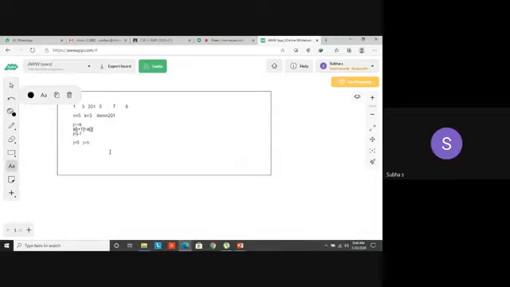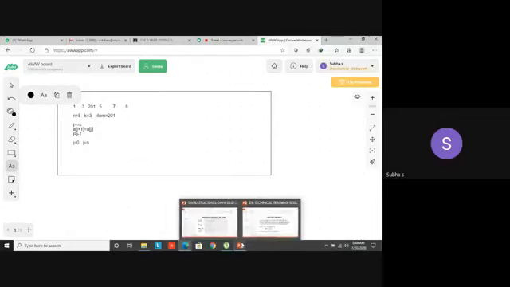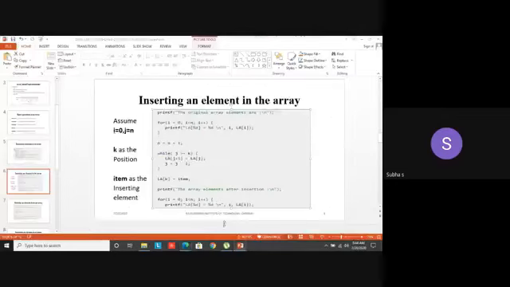Suppose I want to insert at the last position, I can go to the 10. I can create one memory location and insert. It's very easy to insert at the beginning or at the end. Suppose at the end, the challenge here is you have to traverse all the elements, then print. Got it? So this is a routine for inserting the element in the list or array.